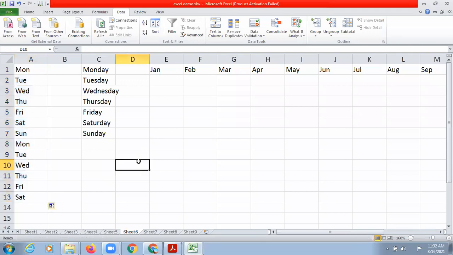Right? So these are the series or sequences which the computer is already aware of, but there are some types of lists which the computer is not aware of. For example, if your class teacher has to create a list of all the students of your class, she need not type it again and again. She can type the list once, and next time she will just write the first two names and drag it. This type of list is called a customized list.